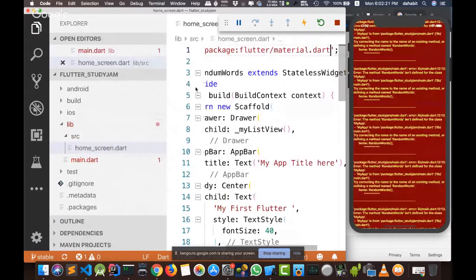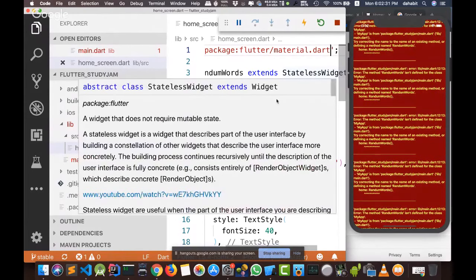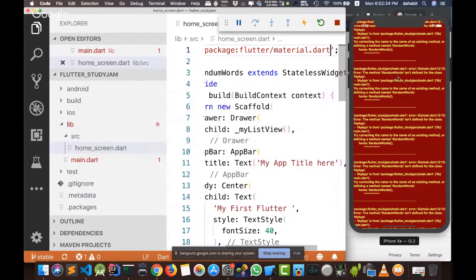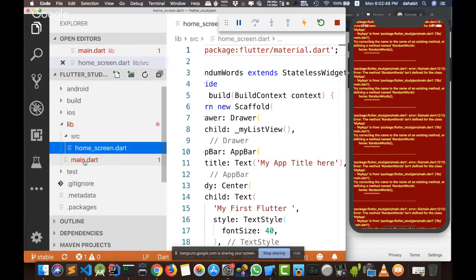As you can see here, there is an error in our simulator, but our application doesn't crash or stop working. It's still working, but the crash happened to the UI. Even if there is a problem with your application, Flutter will do one of two things. The first one, it will display the error for you. Sometimes it will not update the UI until you solve the problem.